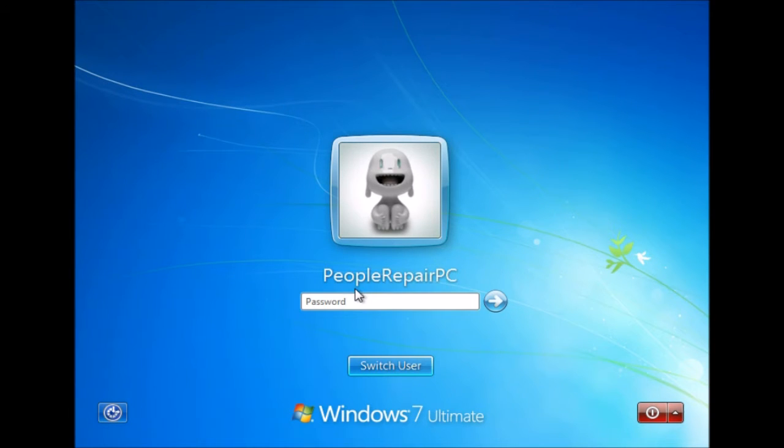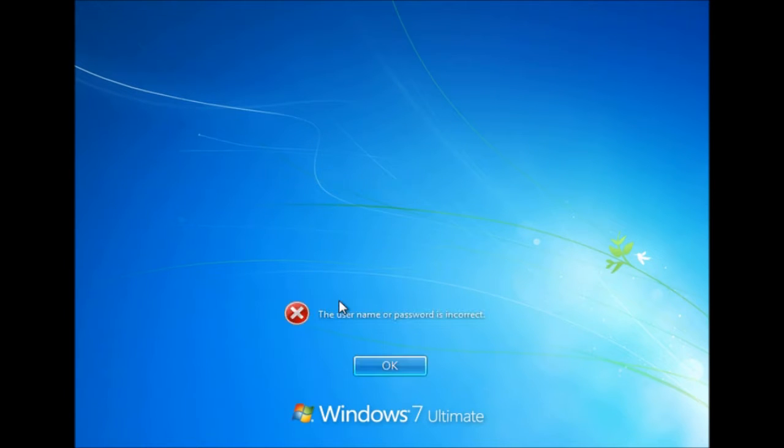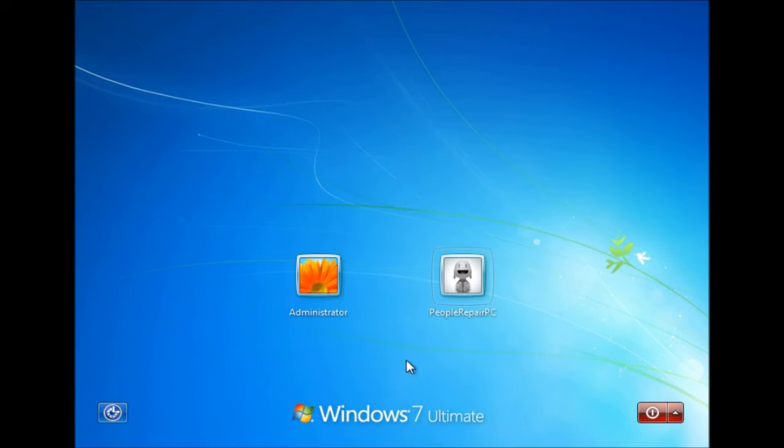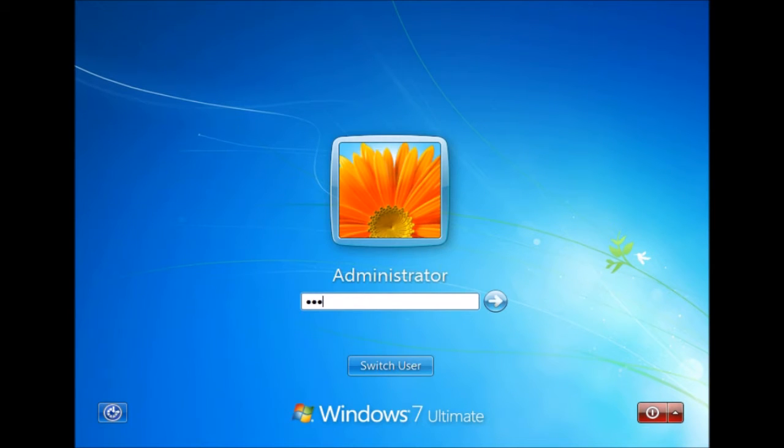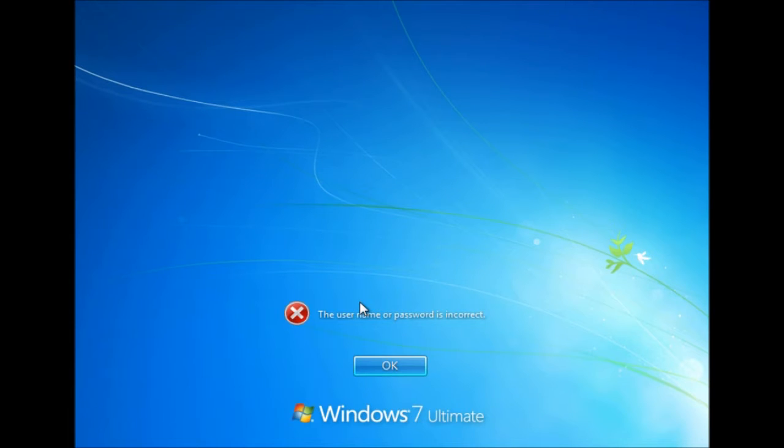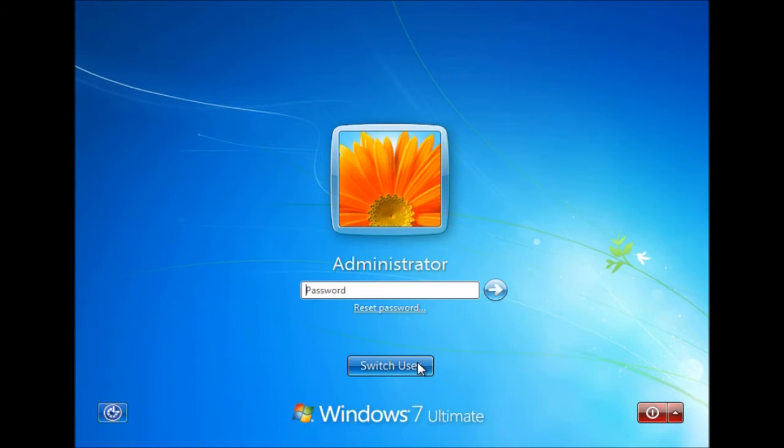Anyways, you can see here, I try to enter in the password, and I don't know what it is. The administrator account's enabled as well, and we don't know the password to it either. So nevertheless, you're going to restart your computer